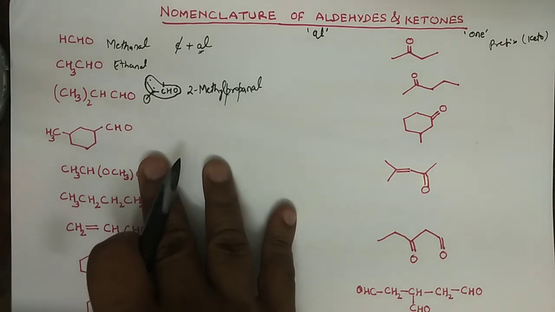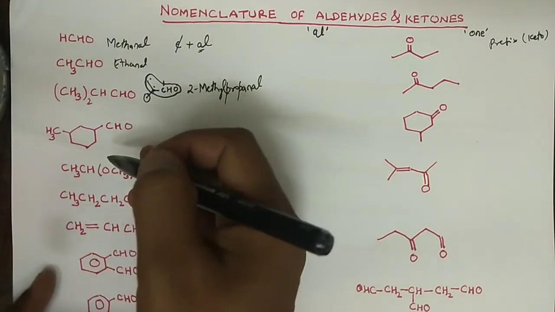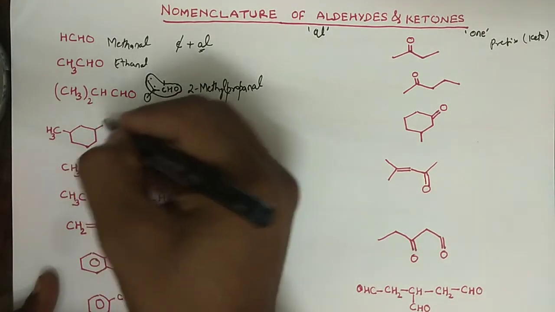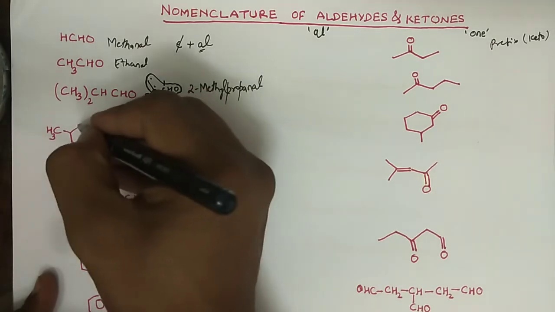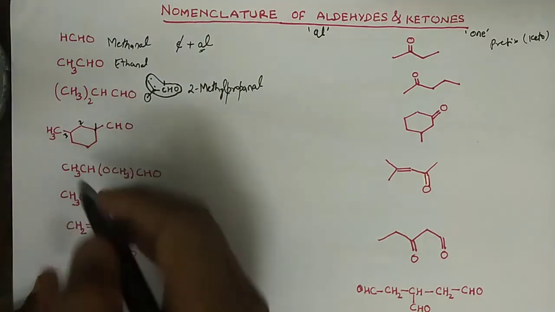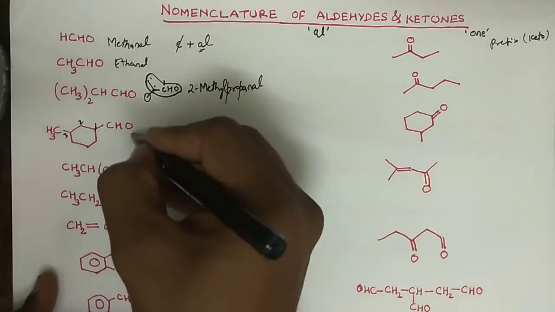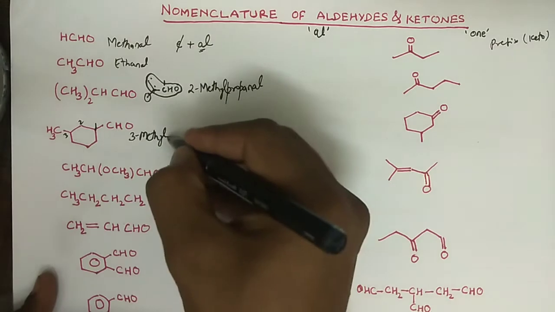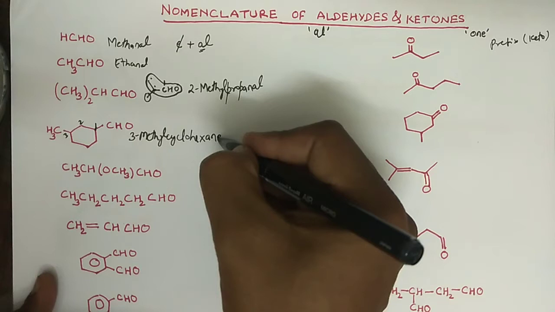And similarly you have this compound, right? And this compound is a little bit difficult to name. Why? Because we have a different suffix for this group. Now this compound is known as, here is the numbering, you have to number it 1. This carbon is number 1, not this carbon, right? 1, 2 and 3. And you can understand that on third carbon we have methyl, right? So this is 3-methylcyclohexane, and I am writing the E this time also.